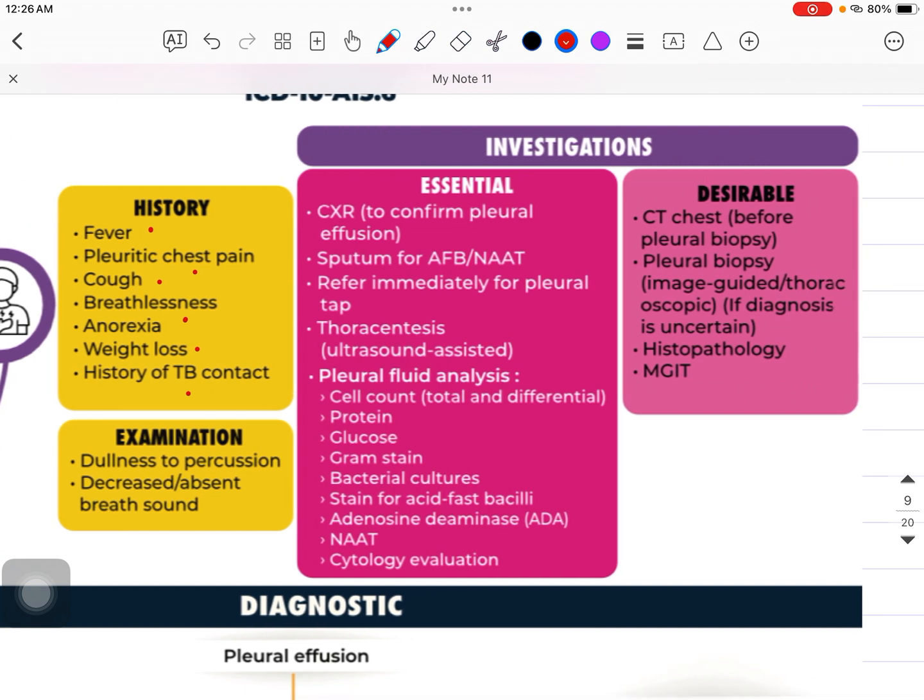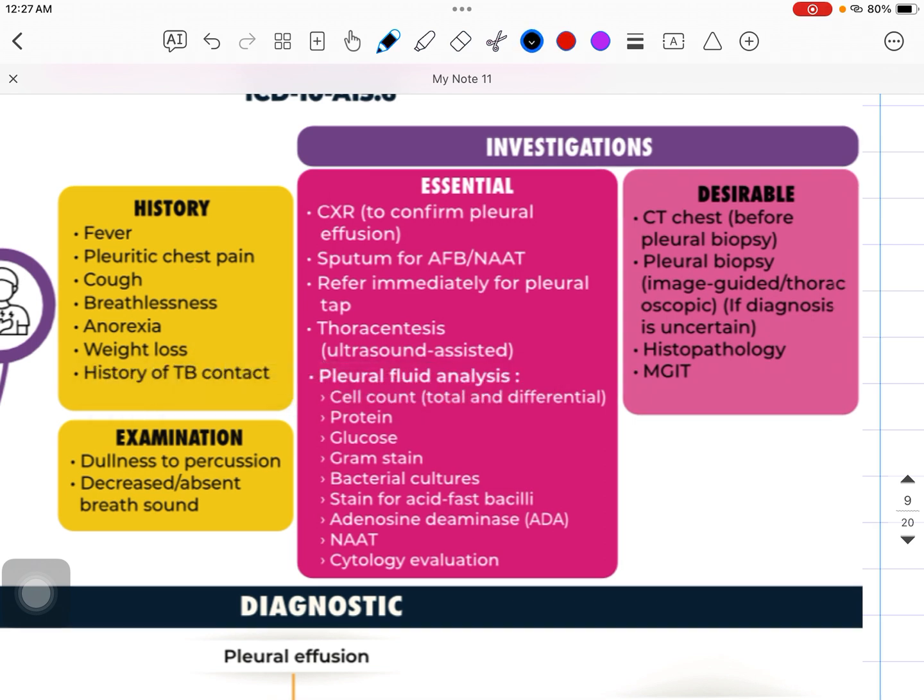Then in some cases, if you are suspecting pleural TB also, then you can go for the sputum AFB and NAT. Okay, you can send that as well. Then we should be doing the thoracentesis. Nowadays we are usually doing ultrasound guided thoracentesis, and after doing thoracentesis we should be taking the pleural fluid sample and we should send it for the,